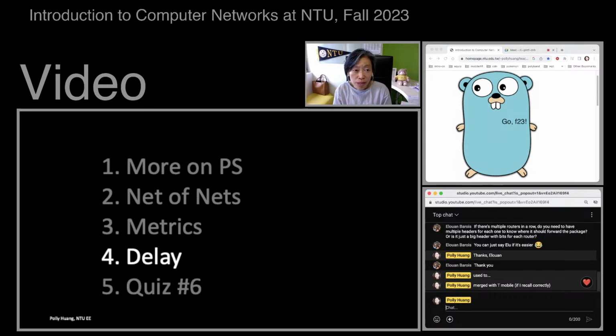Now we move on to the next topic. That's chapter 1.4, performance of the internet. You see that the internet is still advancing, and we hope that data can be sent faster with little loss, with higher throughput. So we have these metrics. I just mentioned 3 that evaluate the performance of the internet. This first video, we are not yet ready for delay, but it should be an overview of the 3 metrics.